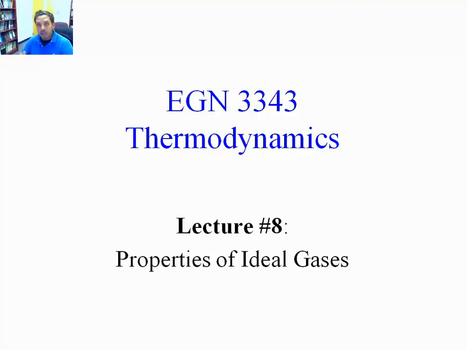Remember that ideal gases are basically the same thing as substances. It's the same compressible pure substances that we talked about in lectures past, but with the characteristic that they operate at a much farther region of the saturation dome, so that under normal conditions they will never reach saturation. They will always exist in gas form or in vapor form, like it's the case, for example, for the 6 ideal gases that are under consideration in this class: air, nitrogen, oxygen, CO2, CO, and hydrogen. Those normally exist as vapor, as gases.